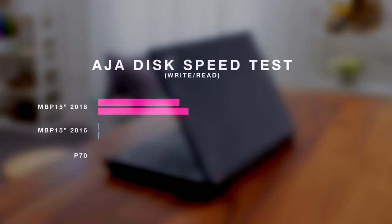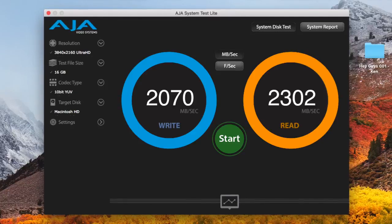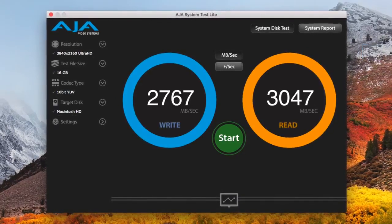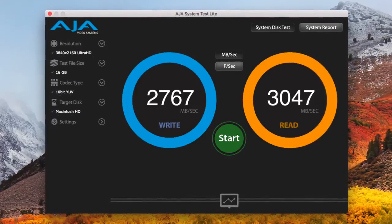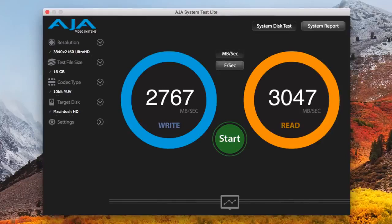Next up, we have the AJA speed test. This is going to be all about how fast the SSDs are in all three of these systems. Okay, that one's not particularly fair. So it looks like the Lenovo is using a SATA-based hard drive, which means that the read speed's topping out at less than 500 megabytes per second, and the write is only about 133. Compare that with the 2016, which is over 2 gigabytes per second on both read and write, and the 2018 model, which is actually going to clear 3 gigabytes per second on read and 2,700 megabytes per second on the